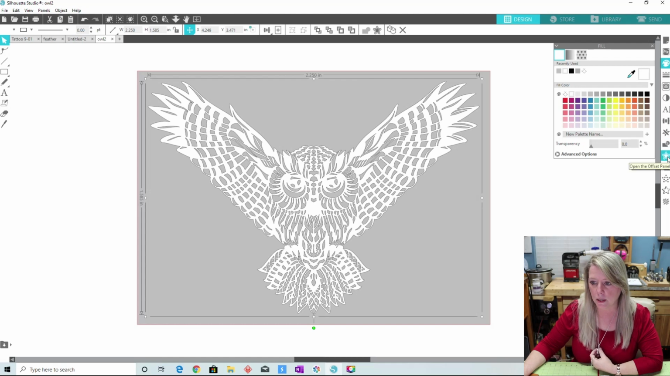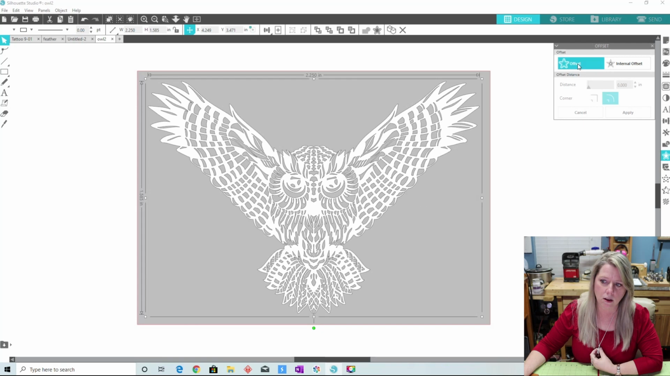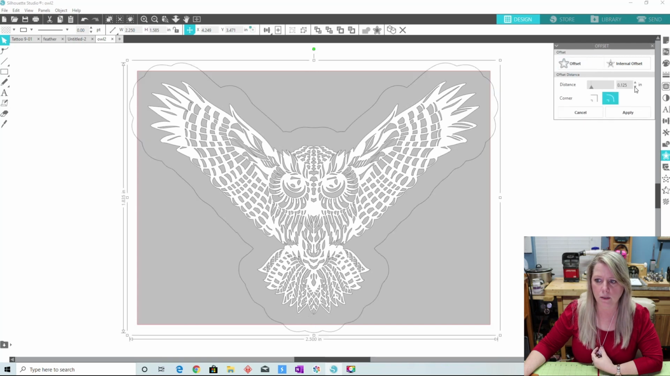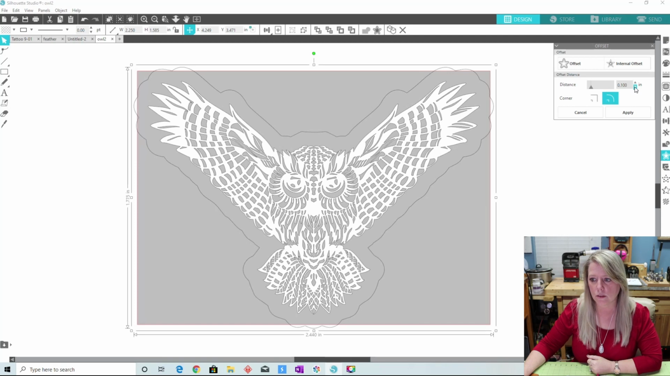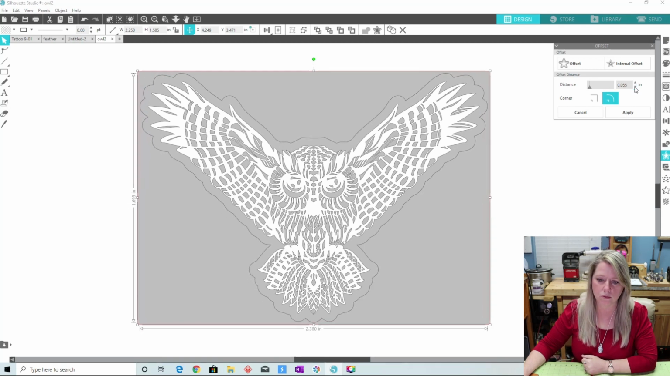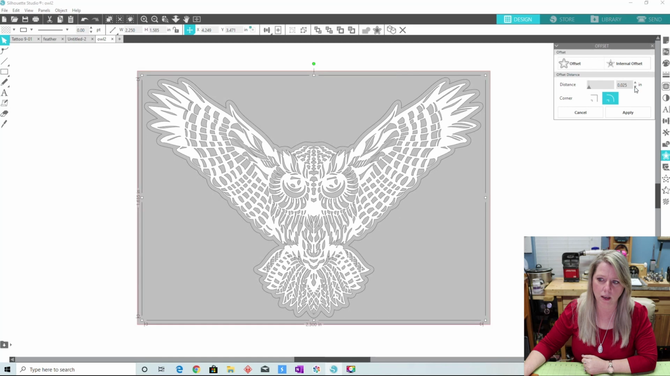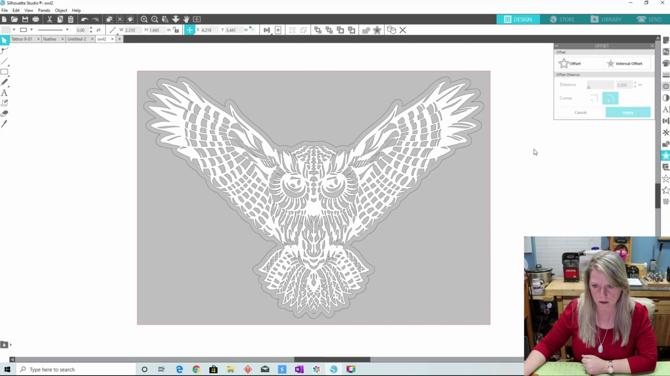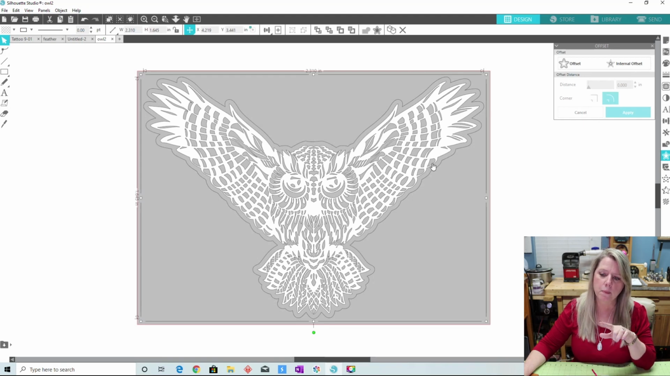So I'm going to select my owl. I'm going to the offset panel, select offset, and then I can reduce this down. Let's see where I like it. Oh, that's a little bit more than I wanted. Okay, I like that. So I'm going to apply that. All right, then I'm going to select off of that rectangle and try. Sometimes this is the tricky part. Okay, so I've selected the offset,